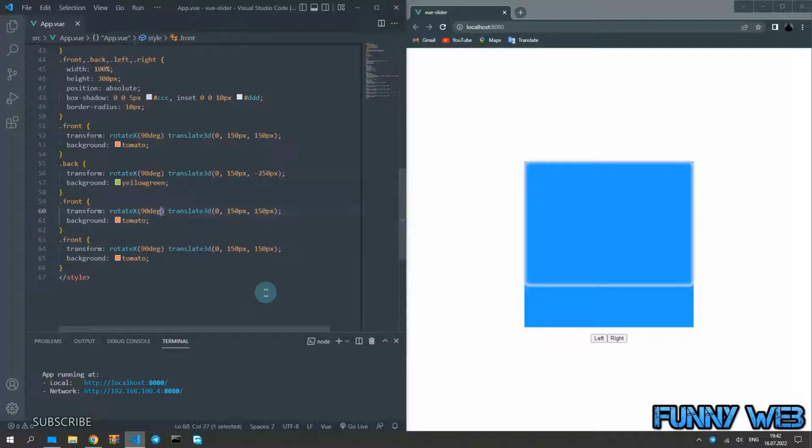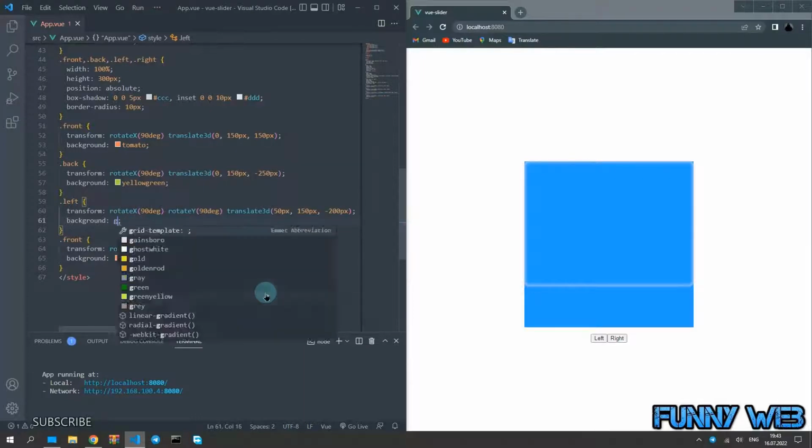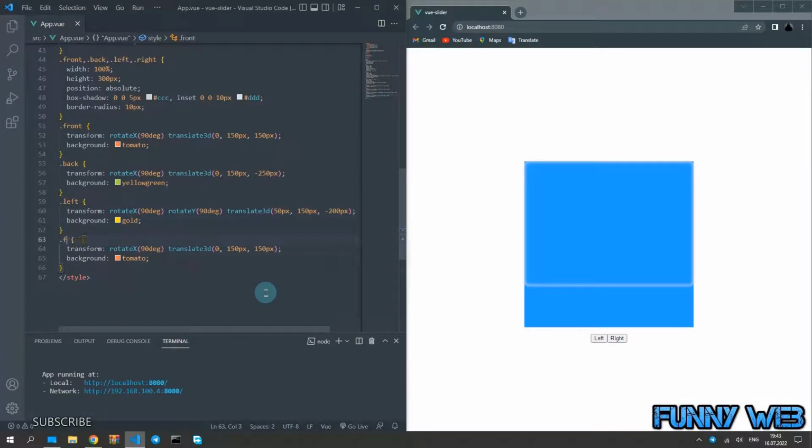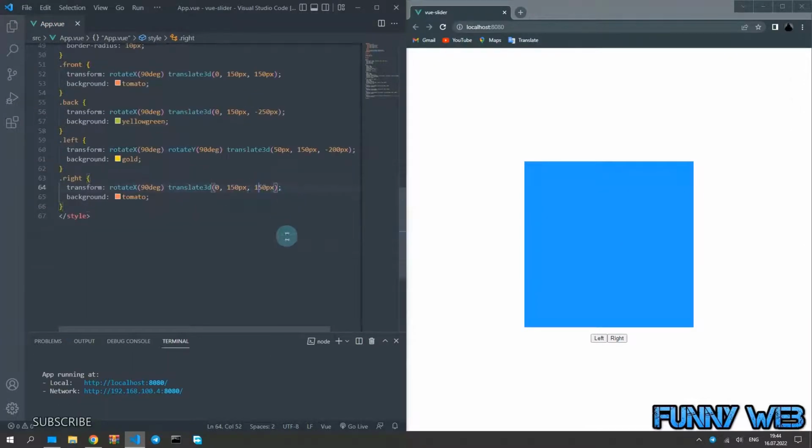and .left, transform: rotate X 90 degrees, rotate Y 90 degrees, translate3d 50 pixels, comma, 150 pixels, minus 200 pixels. Background will be, for example, gold. And the last .right, transform: rotate X 90 degrees, rotate Y 90 degrees, translate3d 50 pixels, 150 pixels, 200 pixels; Background will be #444;